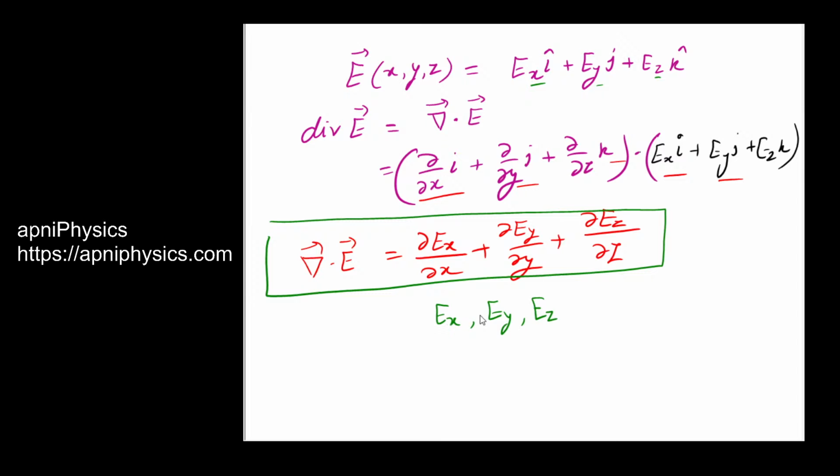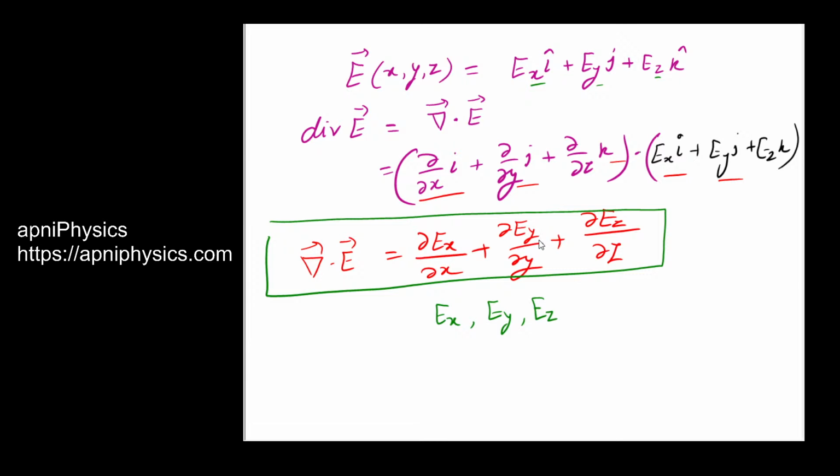So you have to make it very clear in the beginning that these are the electric field components Ex, Ey and Ez, and you are differentiating Ex with respect to x. You are not differentiating x, right? You are differentiating Ex. Ex is the electric field component,